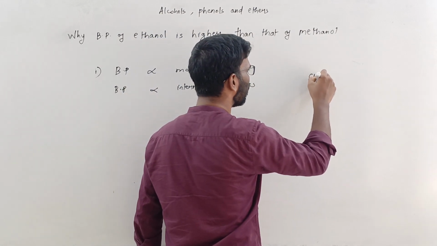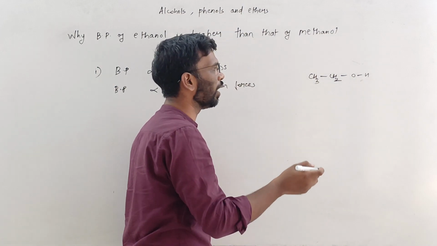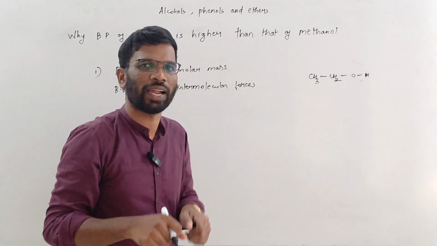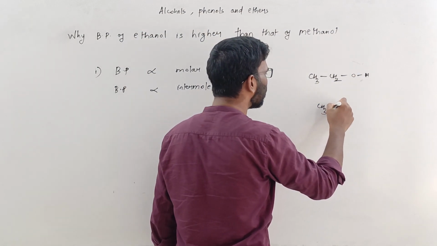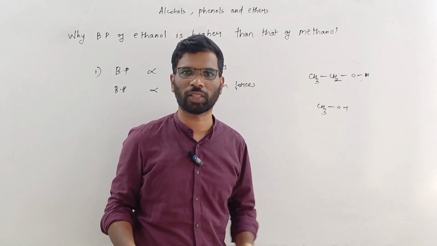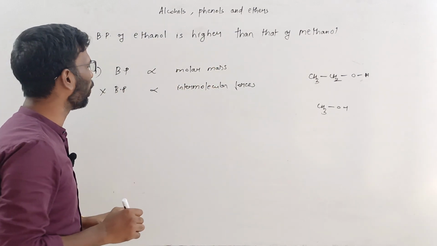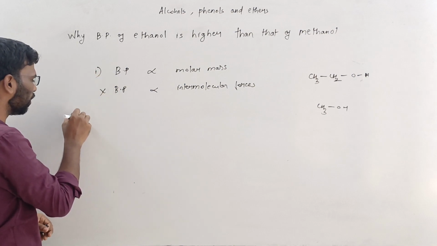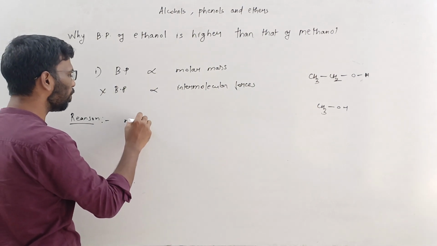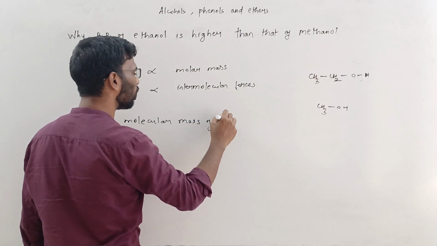How? You take this CH3, CH2, OH. Over here hydrogen is connected to an electronegative element. So here the intermolecular force operating between another molecule of the ethanol is a hydrogen bond force. Same way with methanol, right? The intermolecular force operating between one methanol and another methanol is again a hydrogen bond force. So this is not the factor on which we can decide the boiling point. So what we can say is that the answer for this is that the molar mass or molecular mass of ethanol